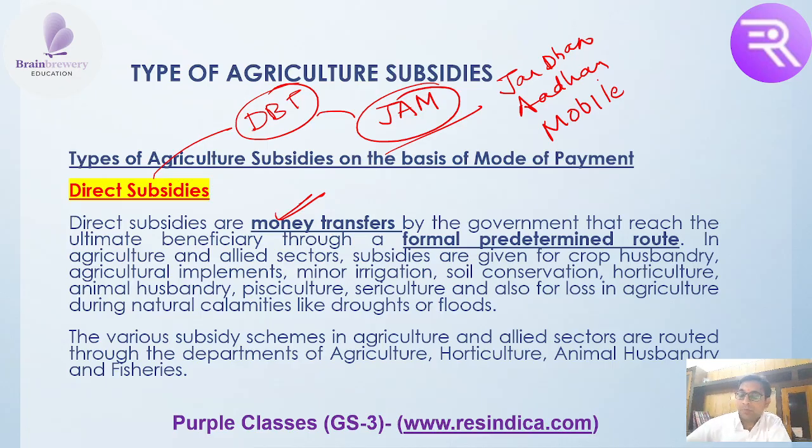Okay, so they are getting a direct cash transfer for crop husbandry, for agriculture implements, for minor irrigation, for soil conservation, horticulture, pisciculture, sericulture. Okay, during natural calamity, all these things we are getting a direct subsidy in the form of direct income support. Okay, so the subsidy is normally routed through the various departments of agriculture, horticulture, and animal husbandry,